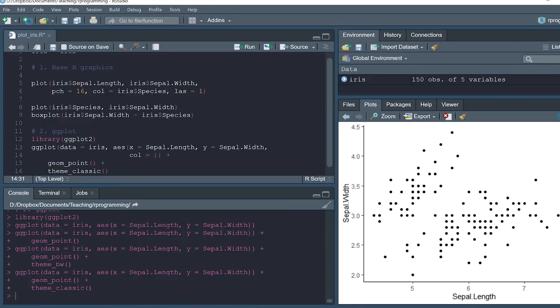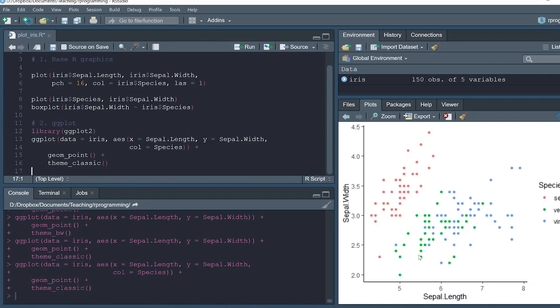Notice that with ggplot we save our time, and after we specify the data, we don't need to re-specify the name of the data frame we are dealing with. We can directly use the column names. So here is a simple plot of